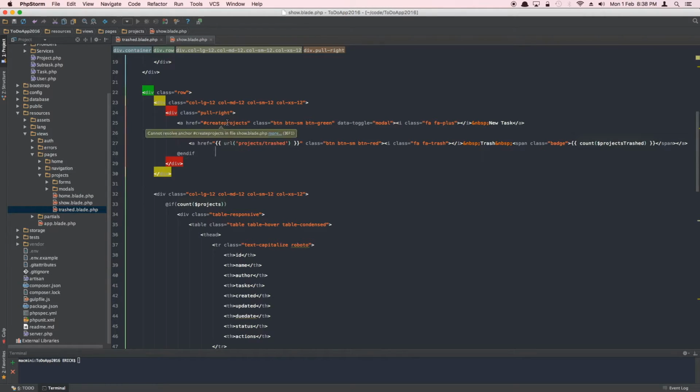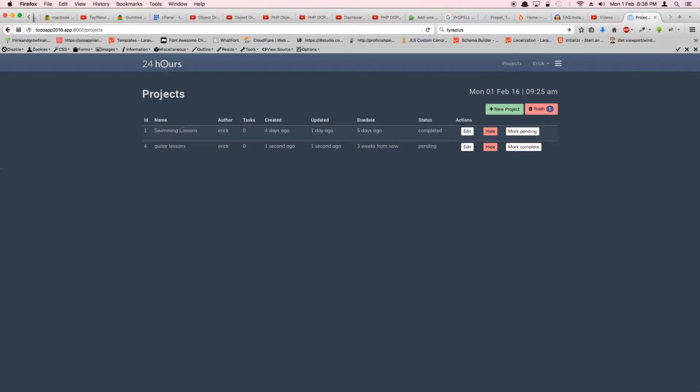here we want to say create tasks. The ID of the modal window is going to be create tasks, and data-toggle modal, and everything else remains the same. So that's going to let us create a new task. Once you are inside the project, you don't really want to display a button called create a new project. You're inside a project. You want to display a button create a new task. And then